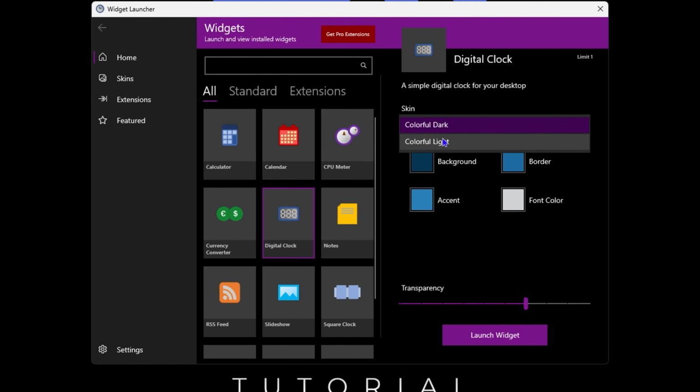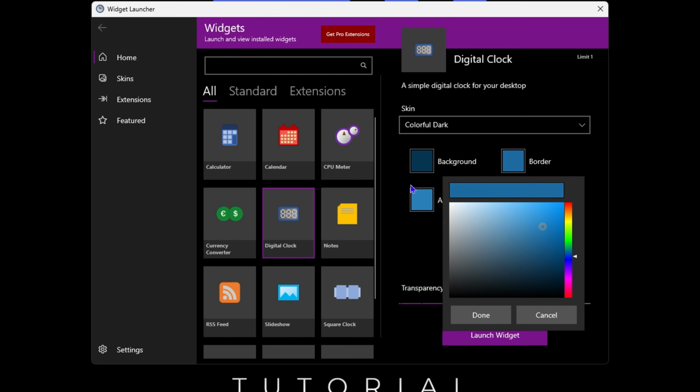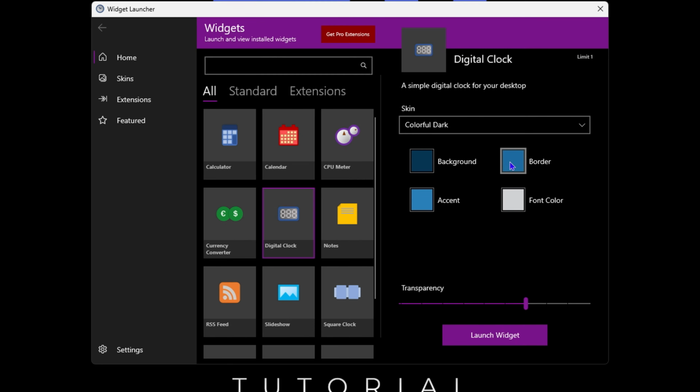So as you have the light and the dark. I'm going to stick with the dark one too because of my computer right now. And you can choose different backgrounds and so forth. You can choose the background, the border, the font color, etc. And you can choose whether you want to make it transparent, etc. Once you do that, just go ahead and click on launch, and it will take a moment to